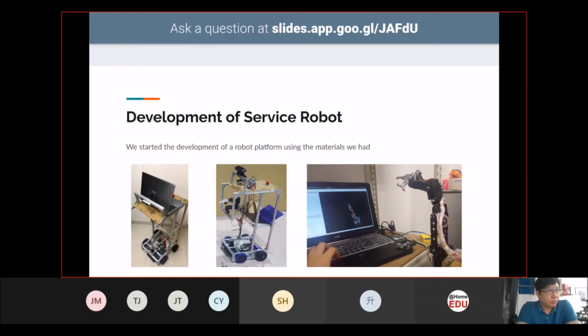So based on this, when we wanted to develop our simulation model, we had to base it on the robot that we have developed.